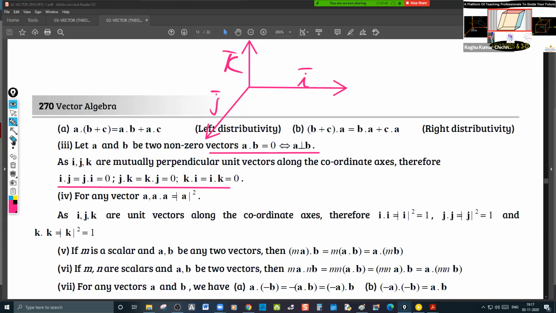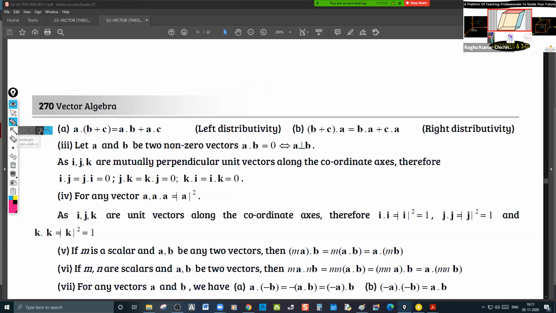Now here also in the previous class itself, I insisted on this formula, which is most important. This is a dot a is equal to mod a bar square. Very, very important is a dot a is equal to mod a bar square. The reason is, whenever you want to find out modulus of any vector like this, modulus of a bar plus b bar is to be found out.